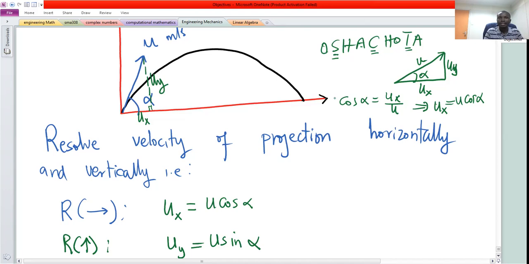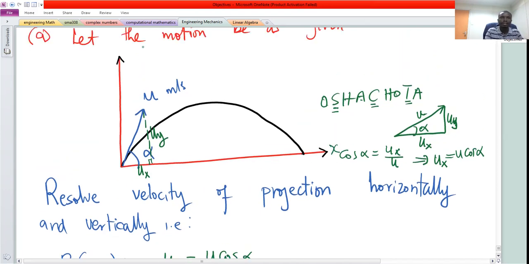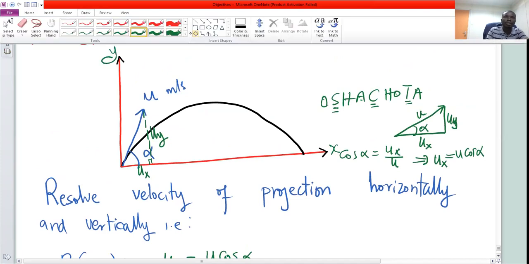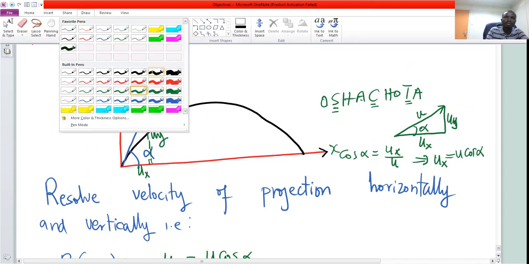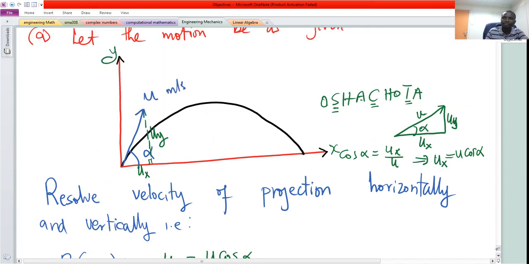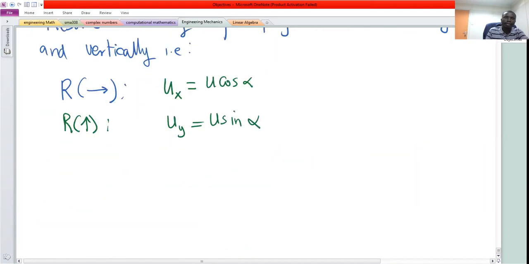Now, remember, this is the x-axis, this is the y-axis, the vertical axis. So if we concentrate on the x-axis, then along the horizontal axis,